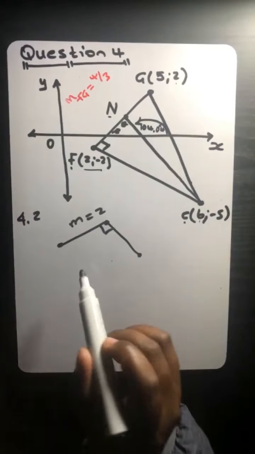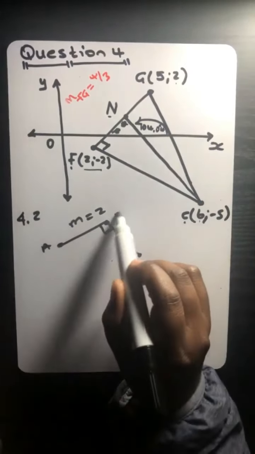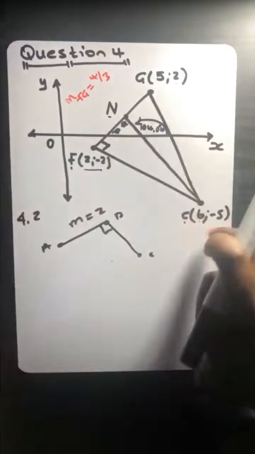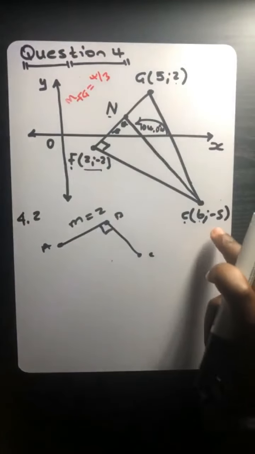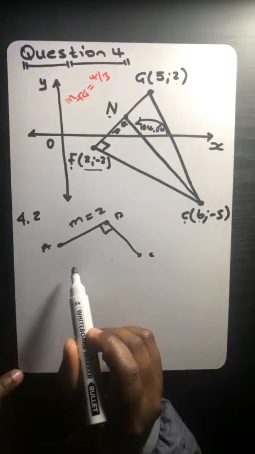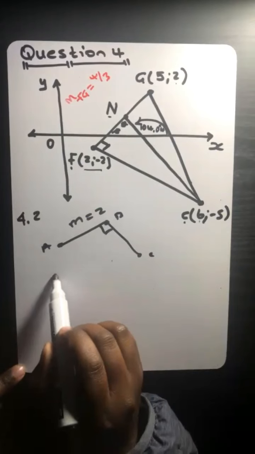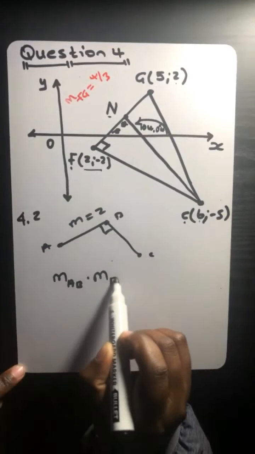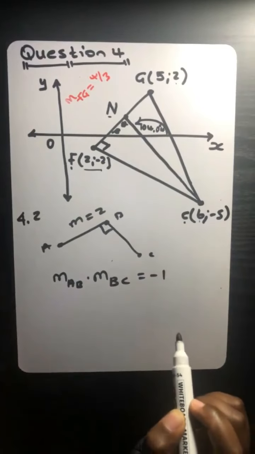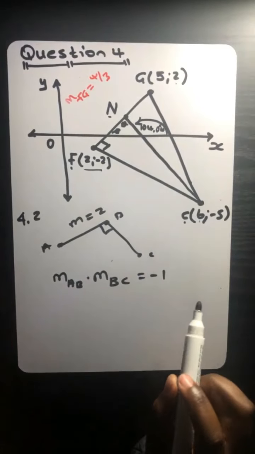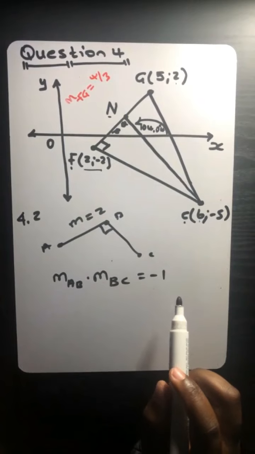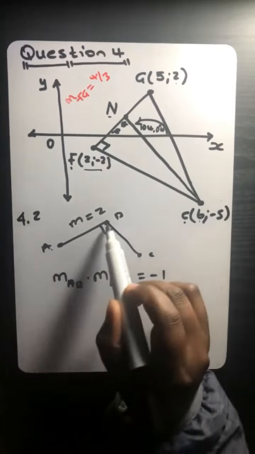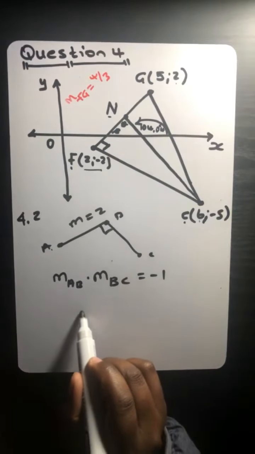So remember, let's say we have A, we have B, and we have C. I just want to show you a shortcut of what you could have done over there with that calculation of getting that value. So you know that the gradient of AB multiplied by the gradient of BC is equal to -1. So a shortcut to that is for you to say if the gradient of AB is equal to 2,